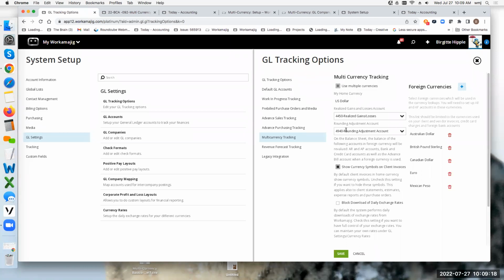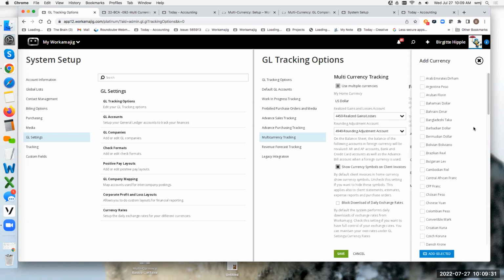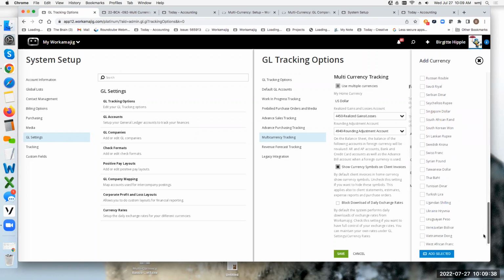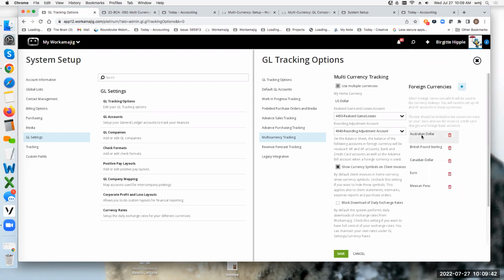All right. You can determine the currencies that you're going to be possibly using, whether it's to pay a vendor or to bill a client. Maybe it's one side or maybe it's just the other, but you can click on this and you will see all of the currencies that we actually have in our system. Okay, so if you happen to be missing something and it's not in here, definitely let us know. But this is what sets the currencies that I'm using in the system. And it also does my